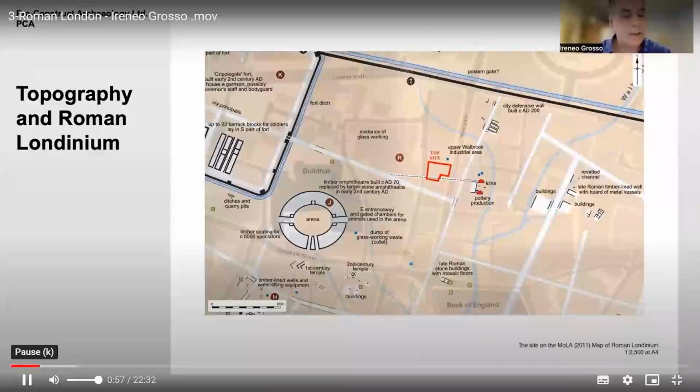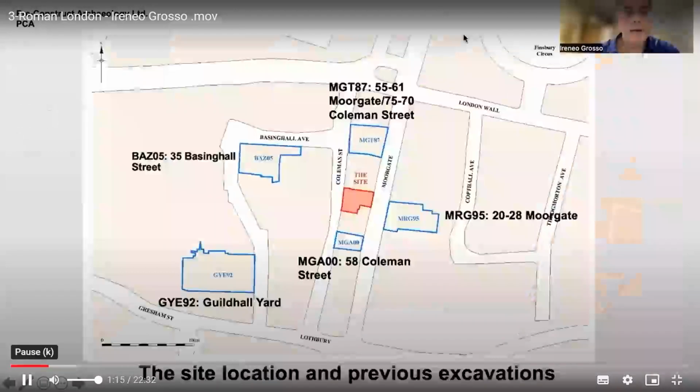At this time, basically, we saw the development of the amphitheater, which is located to the southwest of the site, and also the construction of the Cripplegate fort. But there is also an attempt to reclaim this part of Londinium. Possibly because of its marginal location, this area of Roman London is known for its industrial activity, mostly associated with glasswork production,